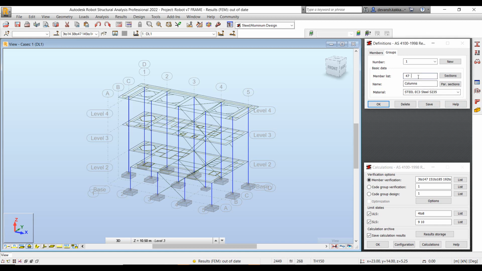We'll select all the columns and quickly paste the list of columns within our member list for the column group. We'll save that. We'll create the second group for all the beam elements. Again, we can streamline. Even if we have different types of beams, where we want to segregate between our primary beams and the secondary beams, we can have multiple groups created.